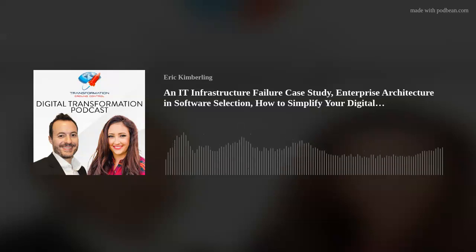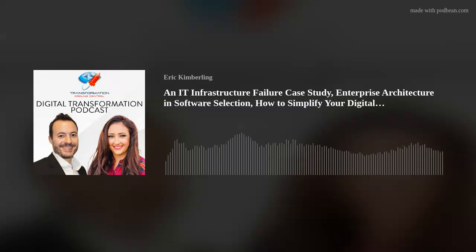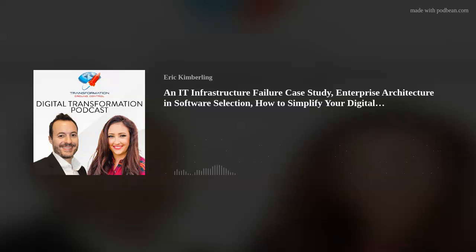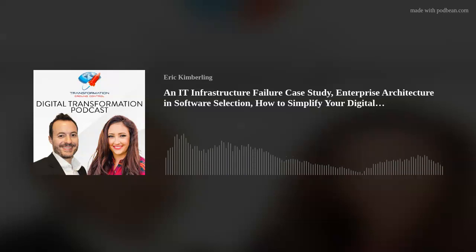One is starting with an IT infrastructure failure case study, but pivoting quickly into what are the steps for successful digital transformation. I think back to the person that asked the question about how do we not be too scared about this stuff, and how can we be confident and feel good about what we're doing. That's really the way we'll frame the failure case study here in a moment, is to talk about what the contrast to that is, and what you can do to be successful. And then we'll also get into the blueprint for an automation mindset. We'll cover that here in just a moment as well.